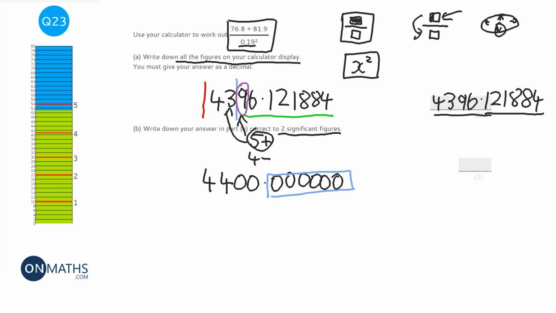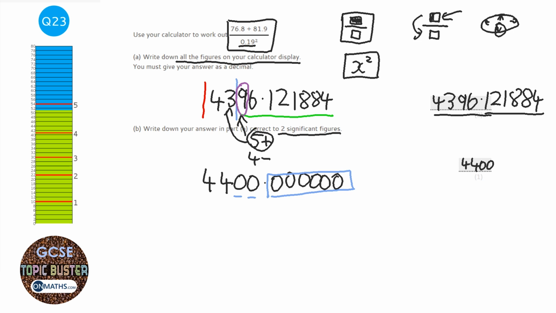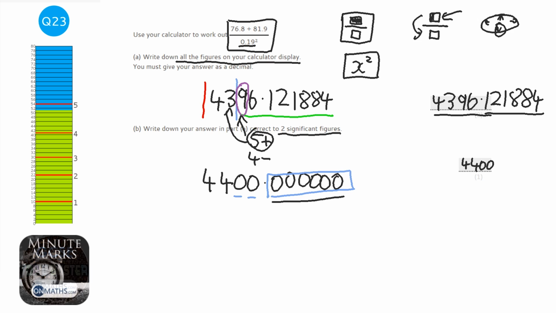But these numbers here are not changing the number at all. These 2 zeros here will make that 4,400 instead of just 44. The other numbers after the decimal point, we might as well get rid of them. So the answer is 4,400, okay, because we don't need to show these numbers. Now the reason students make this mistake is they're so used to decimal places. Now decimal places, you always remove them because they're always after the decimal point. But with significant figures, they need to turn to zeros.